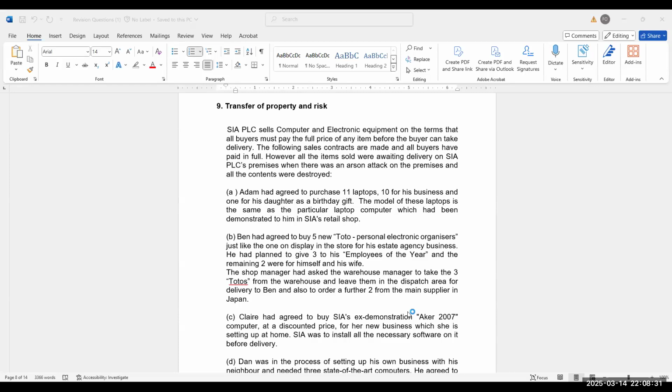So now we need to determine whether this amounts to unconditional appropriation or ascertainment in accordance with the contract. Even when ascertained, no property will pass to the buyer until the parties intend it to pass. And if there is no clear intention from this, then we have to apply Section 18, Rule 5, which provides